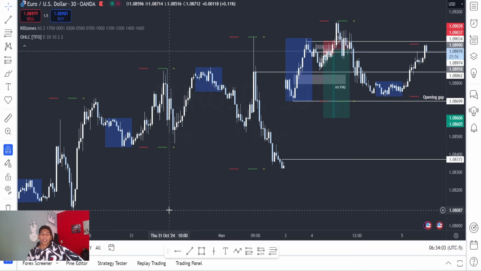So I'm all good now. Yesterday I was really, really feeling bad for myself, but that's trading. Some days are just hectic, they're rough, and you just have to stay strong and move on. It wasn't the best day to be trading as well. As you can see, price action was not the best.